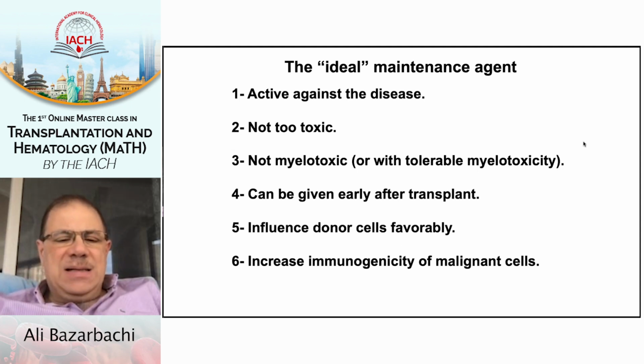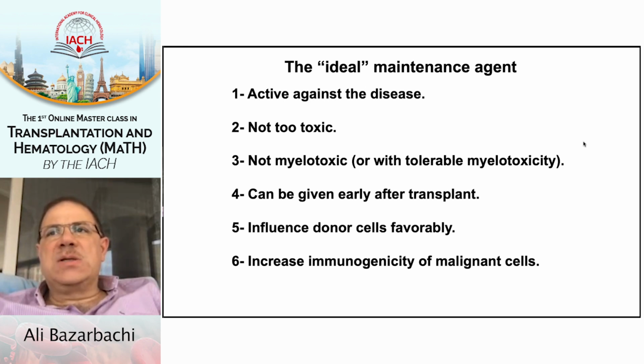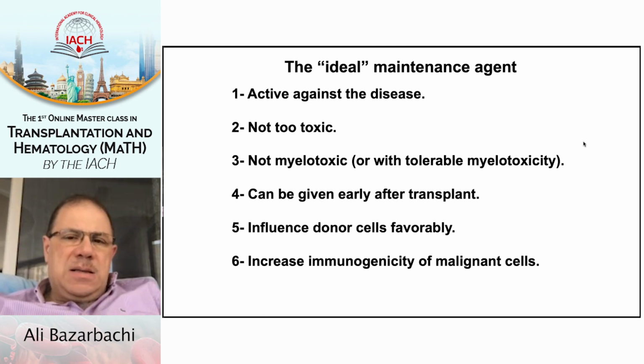So the ideal maintenance agent to be used after transplant should be active against the disease and should not be too toxic, and at least not myelotoxic, with tolerable myelotoxicity, so as not to be toxic to the graft, and can be given early after transplant. Otherwise, it's useless if you select only patients who did not relapse to give them maintenance therapy. And this maintenance agent should influence donor cells favorably and increase immunogenicity of malignant cells, so acting on the